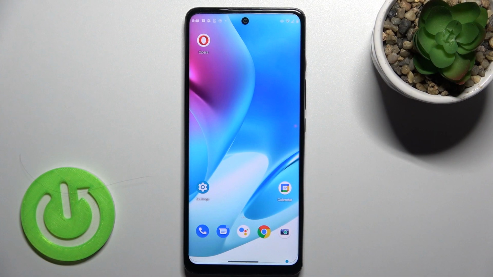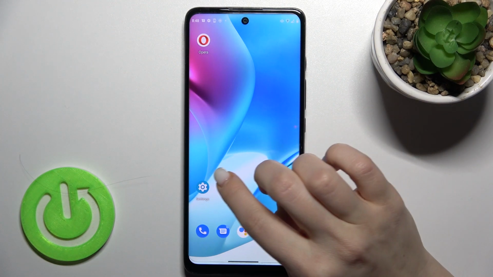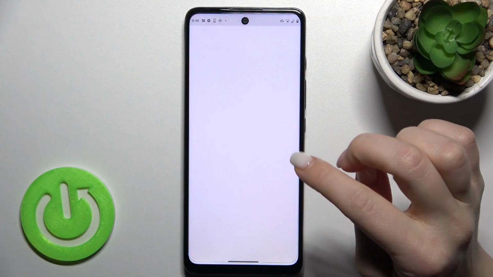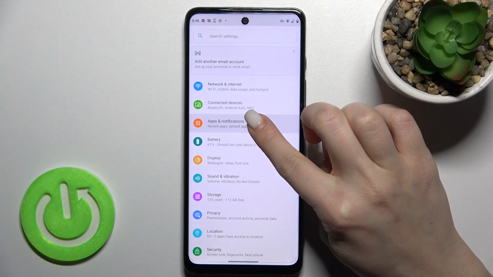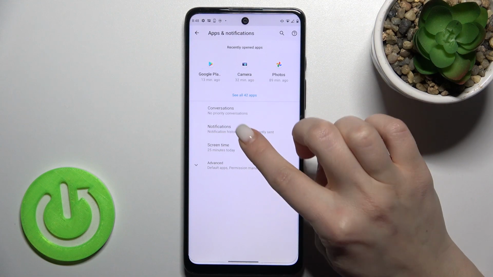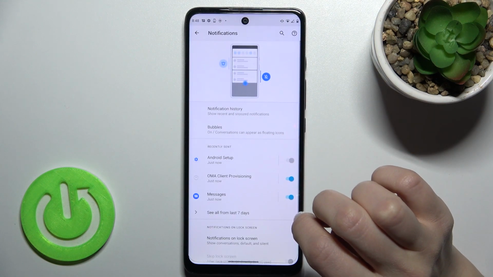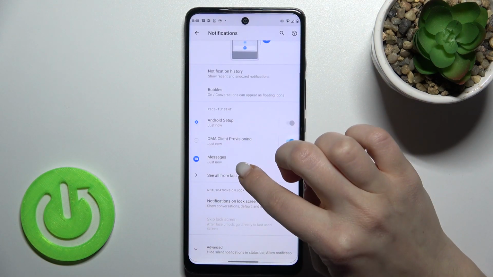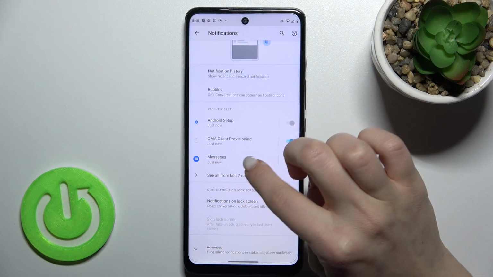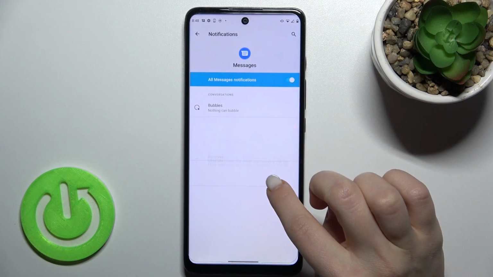Today in front of me is a Motorola Moto G60S, and I'll show you how to turn off text message pop-ups on this device. First, go to the Settings application, and now just tap here on Apps and notifications. Here I go just to Notifications, and you'll see here the Messages application, and just to disable